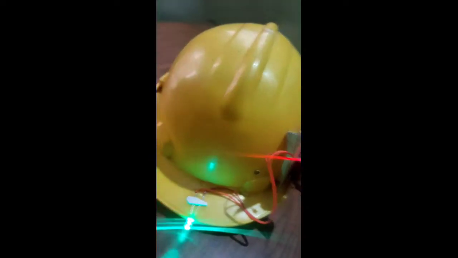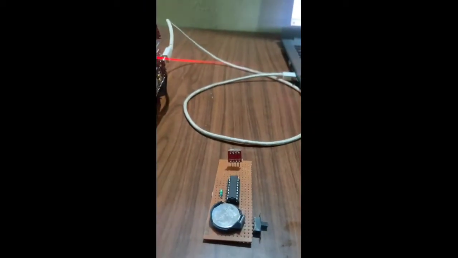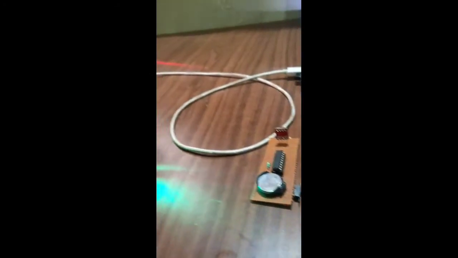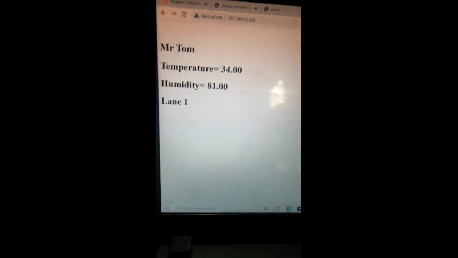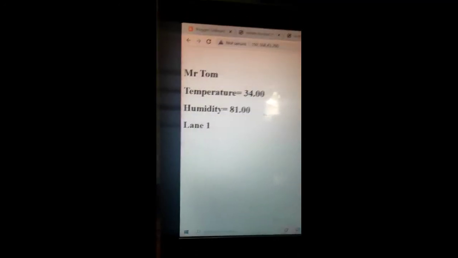This is the hardware we can put in tunnel 1, and this is the hardware we can put in tunnel 2. Assume miners go inside tunnel 1, it can detect the miners, and it shows on the control room's system computer that miners go into tunnel 1, lane 1.